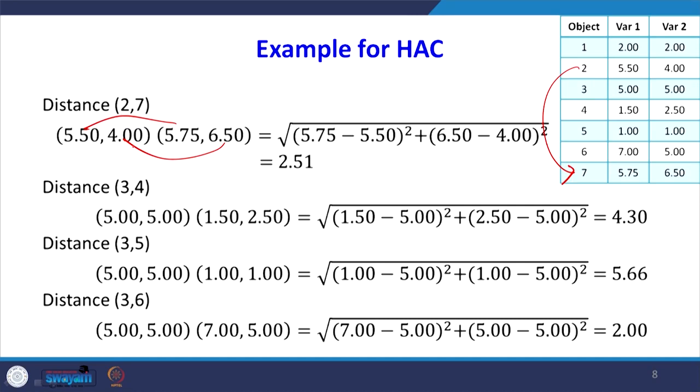Now, the object 2 and all the other 7s we compare. Now, we will compare 3 and 4, 3 and 5, 3 and 6 and 3 and 7. So, for the 3 and 4 distance, the position of point 3 is 5 comma 5 and 4 is 1.5